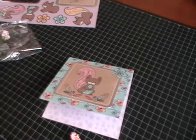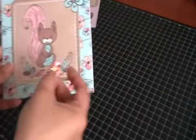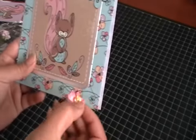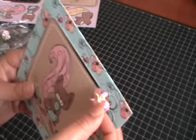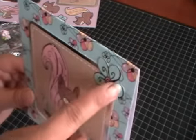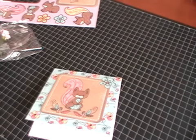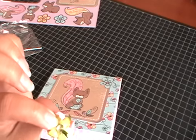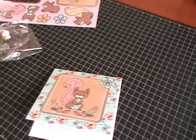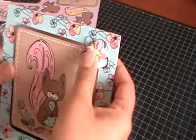Okay, so basically how you want to arrange your flowers is entirely up to you. I'm just going to probably go from the top and cascade it down, and I'm going to layer it on top of that blue flower that's already there. I'm going to put a tiny blob of glue behind my flower, and the sun is messing about today. It keeps coming and going, and as you can see right now it's gone really bright again. So I'm going to pop that flower just there,